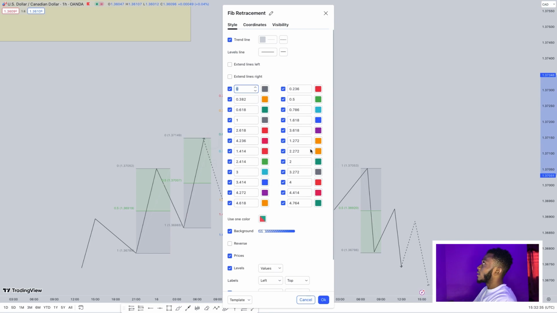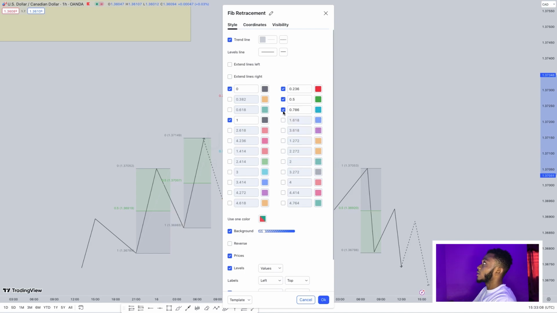All of the parameters and the colors that are turned on don't matter. You just need only 0, 0.5, and 1. Those are the things you need. So 0.5 for the half, and then the 0 for the beginning, right? And then 1 for the last. So we have to turn off 0.3, 0.06, turn off everything, uncheck every other box there until it's left with 1, 0.5 and then 0. So we just have it